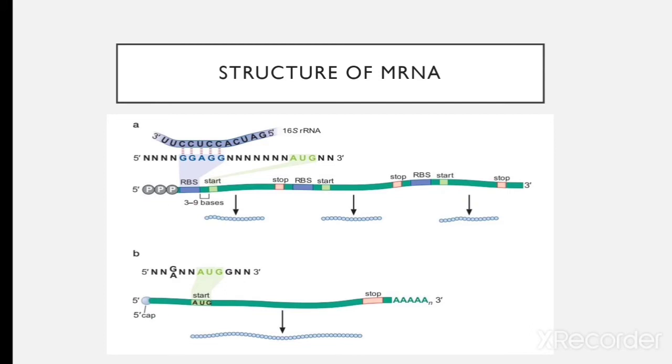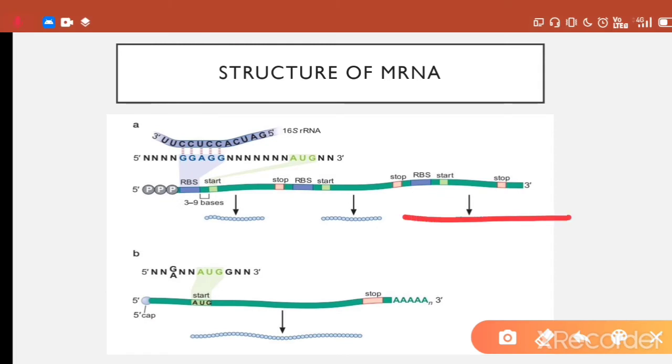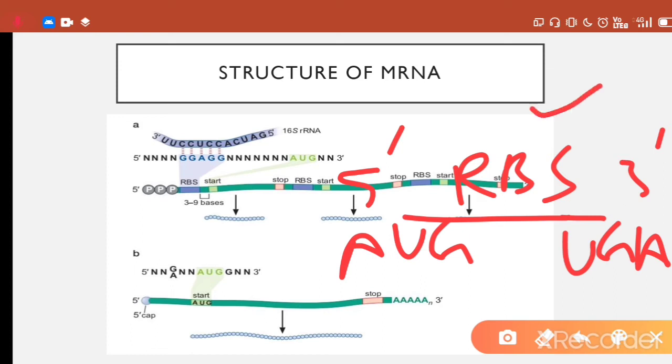In some prokaryotes, the open reading frame lacks a strong RBS. For example, this is our mRNA chain that consists of an open reading frame lacking a strong RBS, which is less strong or unable to bind the ribosome to its Shine-Dalgarno sequence. And here will be the start codon AUG, and here the stop codon UGA. It will lie 5' to 3', and this open reading frame with a less strong ribosomal binding site, unable to bind the ribosome, will not be present as the first open reading frame, but rather will lie after another open reading frame